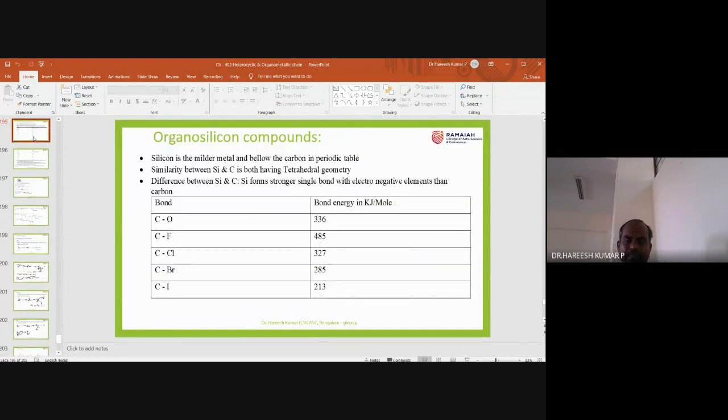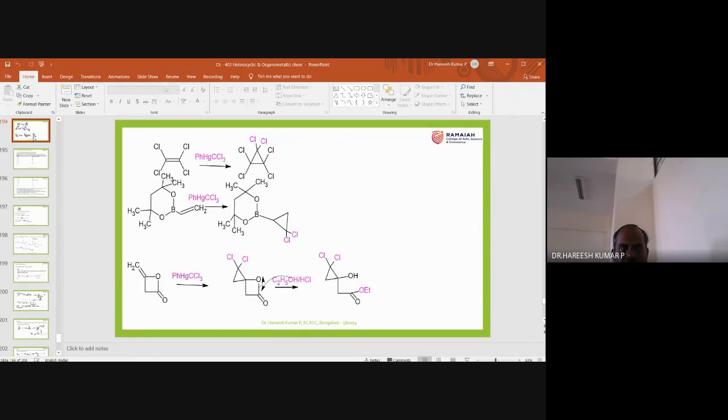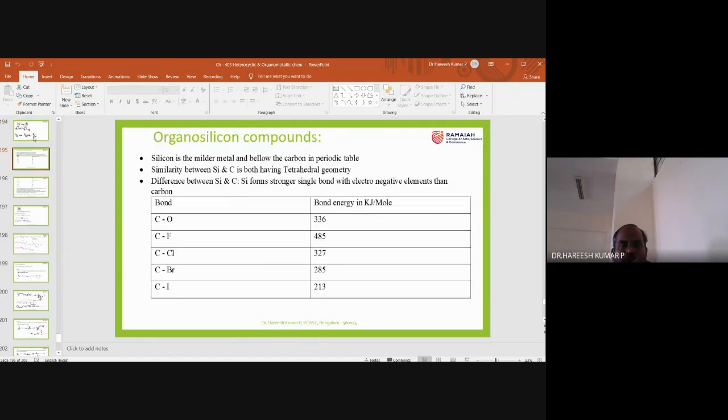In our last class, we discussed organomercurals, isn't it? So organomercuric compounds. So today we will discuss one more organometallic compound, that is what is called as